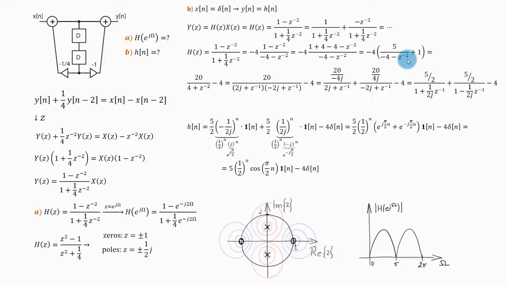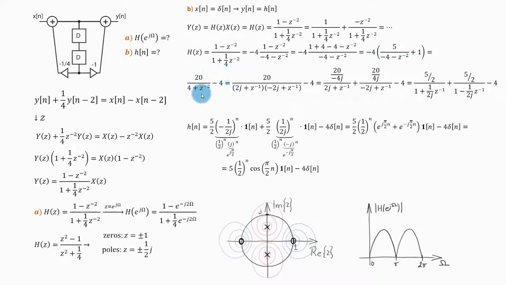And here you can see that thanks to this approach, I ended up with a rational polynomial function which has the order of the numerator less than the order of the denominator. And now I can proceed to break this into partial fractions. Before I do that, I will first multiply this minus 4 with this partial fraction and this constant, and that